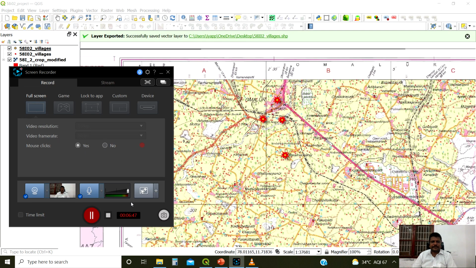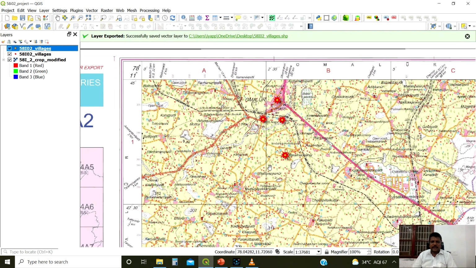Okay, so I stop here. This is a way of capturing data and exporting the data, and how we can zip that file and transfer it from one person to another through email. They require only shapefiles. We should not send any project file.